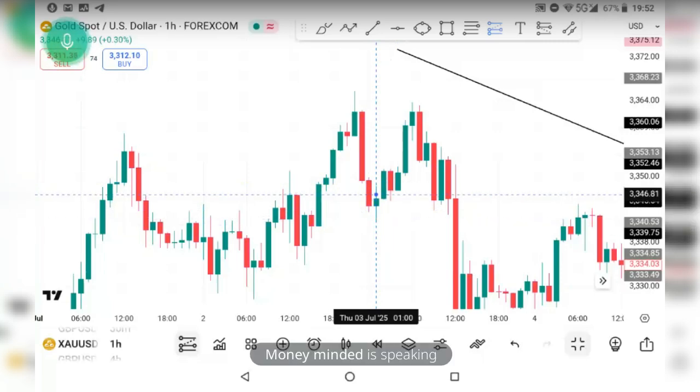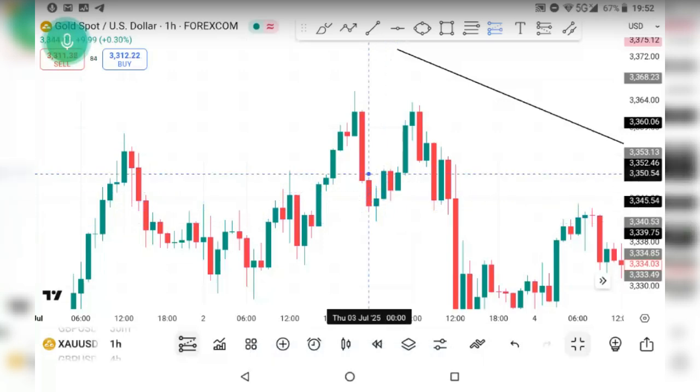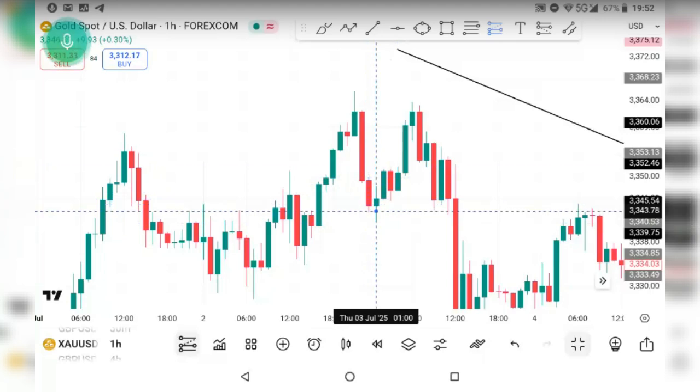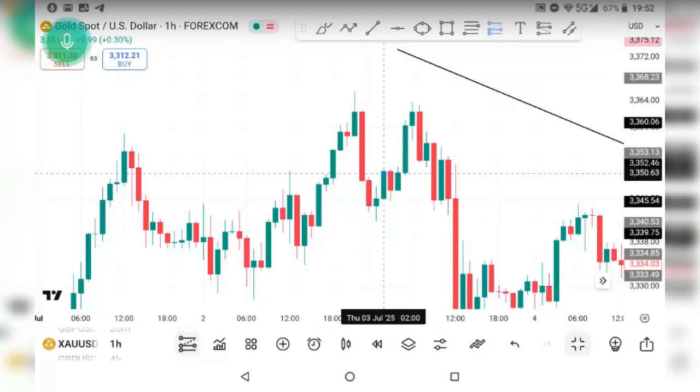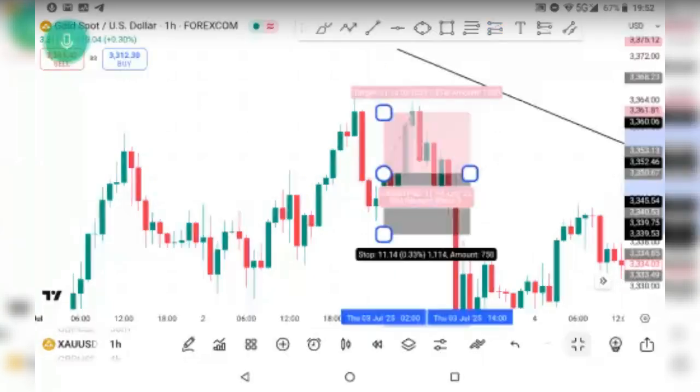But make sure the left side candle should be red. Always make sure the left side candle should be red. Somewhere like this is where you are taking your buy. Stop loss a little bit below. The target on